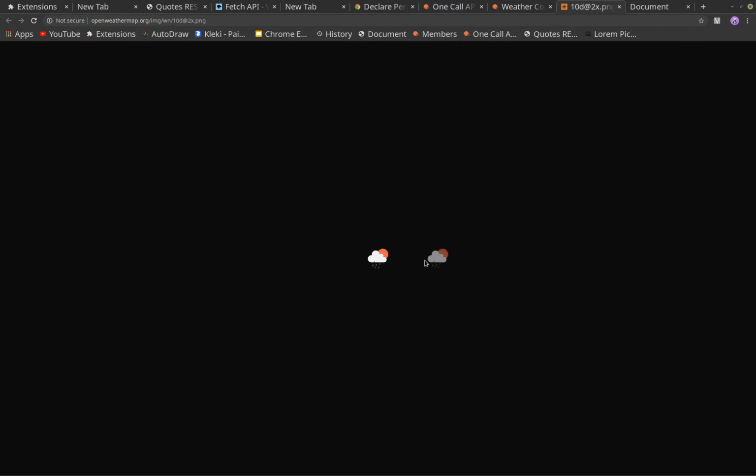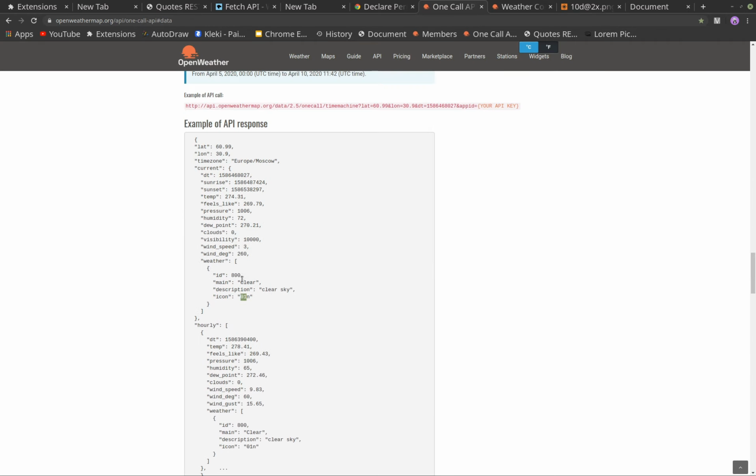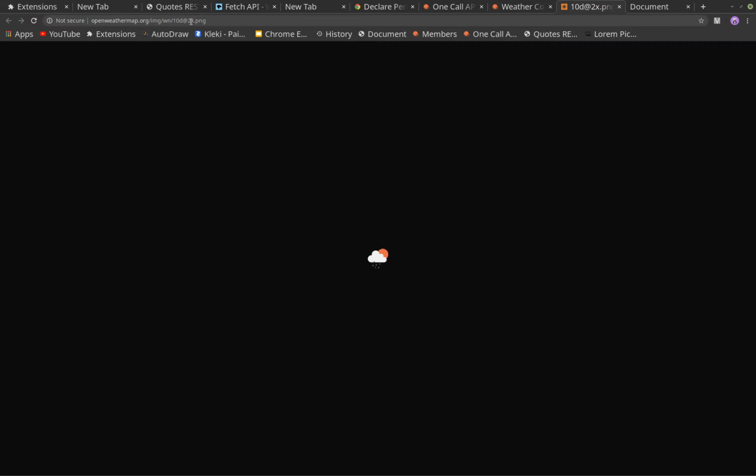Okay, this is the icon that we'll get, and we need to use this key which we are getting from the response format, 01n. Let's check if we have something, n is 901n. Okay, so that sounds good. So what is this @? Let's remove this thing and see if this works. Okay, this still works, it's just a bit smaller. That's not an issue. So we will use this. Let's go ahead and use these two things.